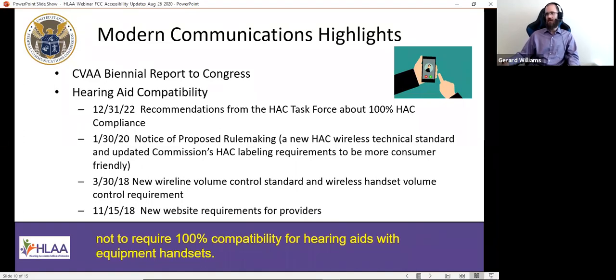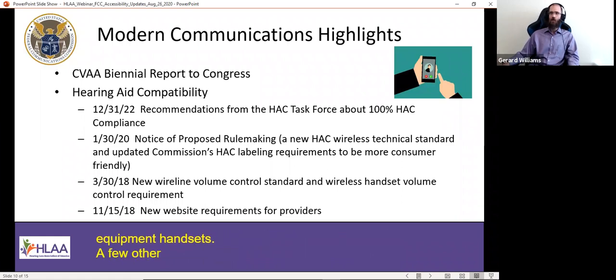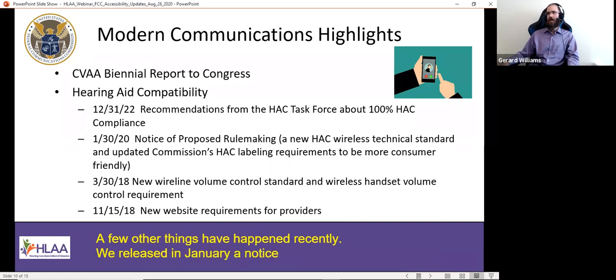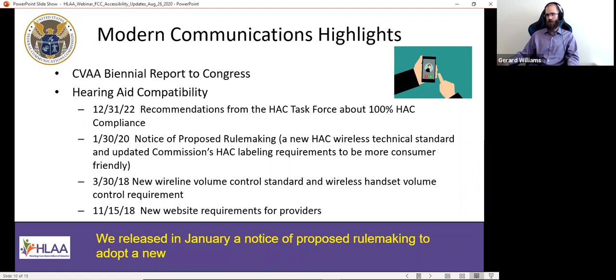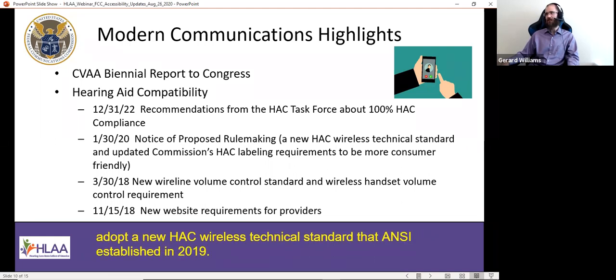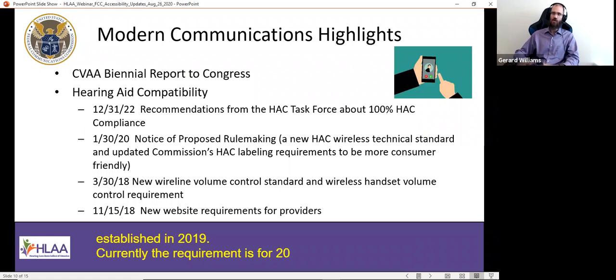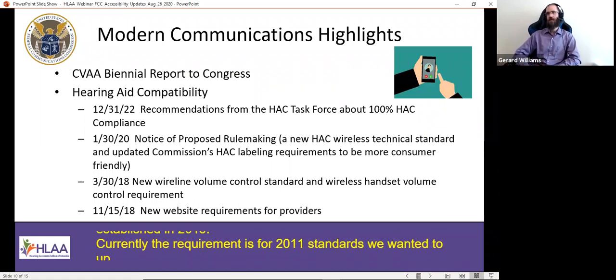A few other things have happened recently. We released in January a notice of proposed rulemaking to adopt a new HAC wireless technical standard that ANSI established in 2019. Currently, the requirement is for 2011 standards, and we wanted to update our rules to document that standard.